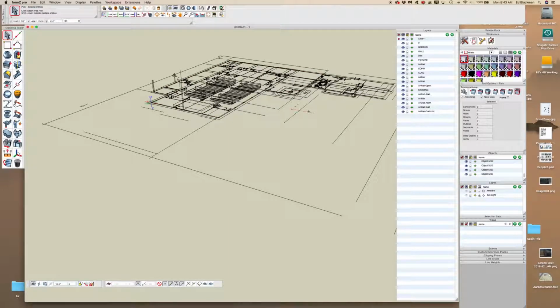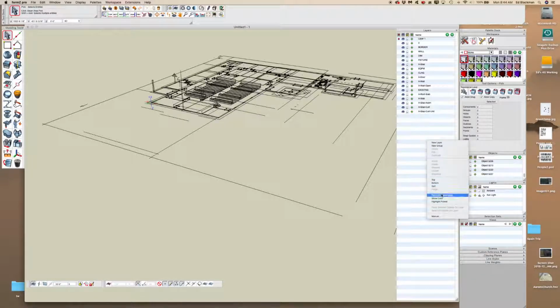Before we do anything else, go over here to the layers palette, and this is indicative of most DWG files. They'll come in with a lot of layers on them, and we really don't need to have all of these layers available. It makes the file larger, and it's slower to work with, slower to move. So holding your control key down, go down here somewhere off of the layers and click on the layer palette,